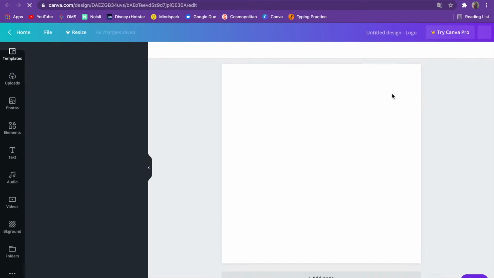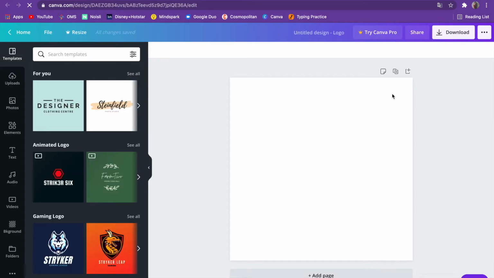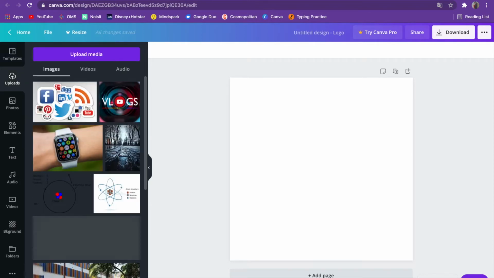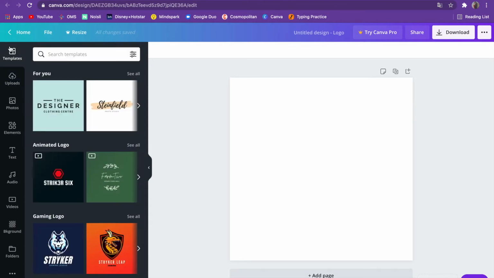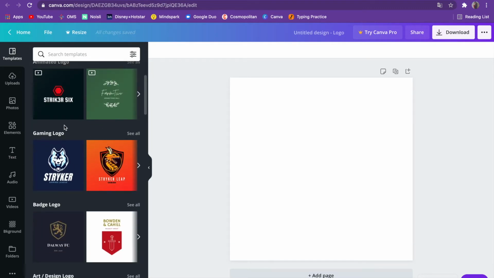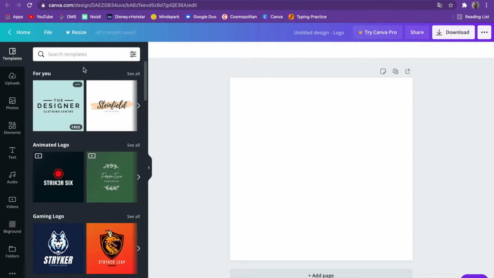The logo is a normal thing. Just press logo for basics and you get all these options. First, if you want to make anything out of Canva, like which templates it has, they are Canva suggestions, you can go for templates. And if you want to make your own, you already have a logo and you want to customize it, you can just go to uploads and you can upload anything in this and you can edit it. If you are a beginner, you can just go to Canva suggestions.